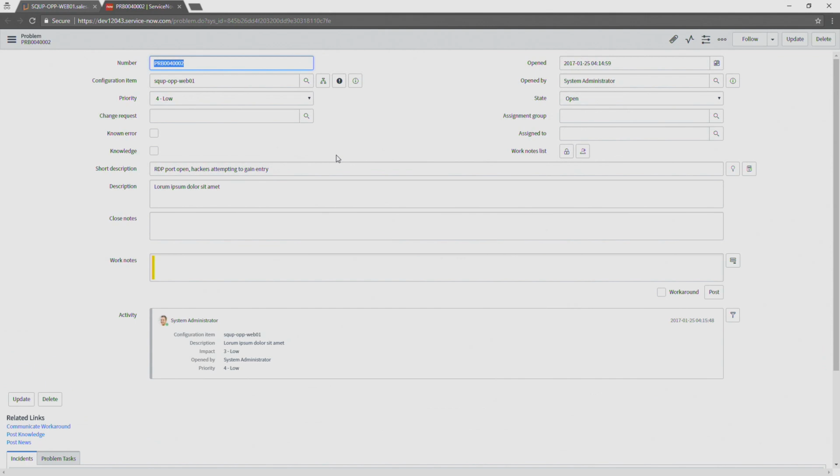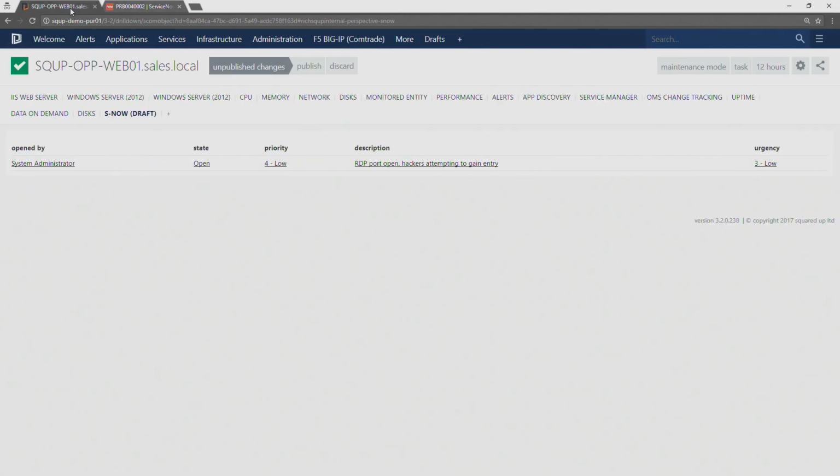Now, everything I've just shown you is not specific to ServiceNow. Any integration with any other tool that has a web front end, whether it is Splunk or some other application, you can now provide that seamless workflow across those tools with Squared Up as your first port of call, to allow you to integrate into other more in-depth tooling. So hopefully you can see a lot of the ideas and a lot of the opportunities, and hopefully the demo we had from Martin Ernst in that video gives you an idea of what you can achieve with these